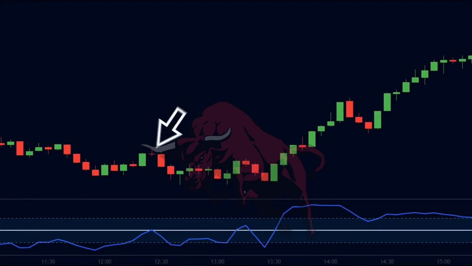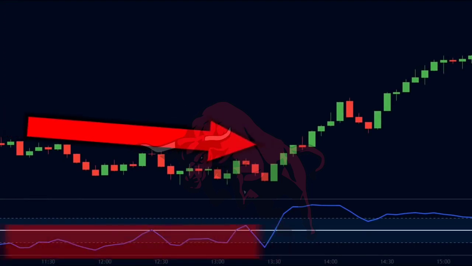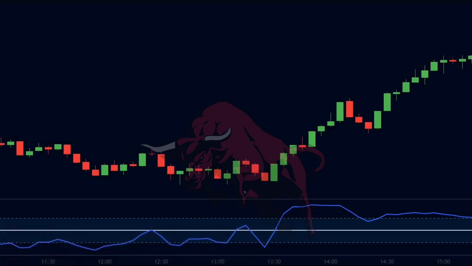Here, we see that during this time period, the price was in a downtrend as the CCI remained below the zero line. Then on this candle, the CCI finally breaks above the zero line. According to the general rule, when the price breaks above the zero line, it is considered to be an uptrend. But if we bought on this candle, we would have incurred a loss, as the price made 3 consecutive red